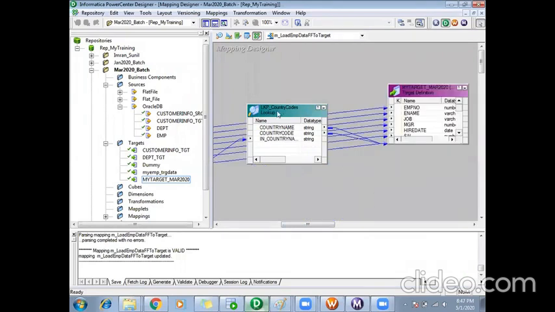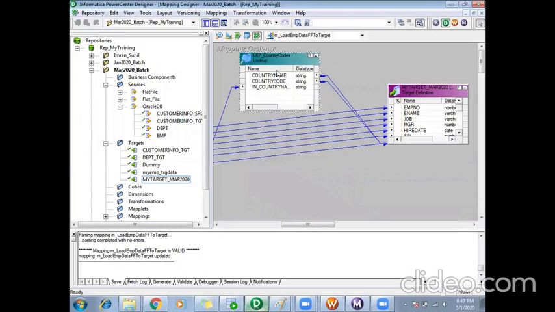That is, the country name and country code port values from my lookup will be null. If there is no match, the lookup transformation will return null records. Okay, that is the first thing.